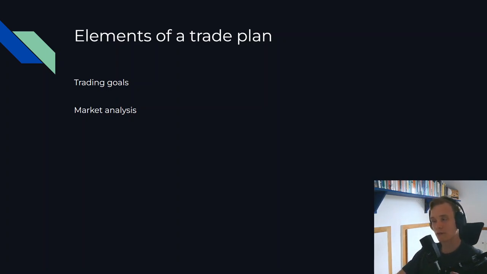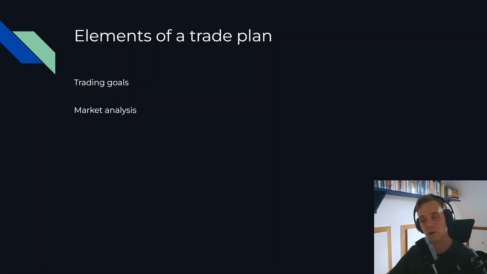Market analysis. This is the part where we are looking at the types of tools and techniques that we're using within our trading toolkit. Are we looking at support and resistance? Are we looking at the volume? Are we looking at the EMAs? If so, make it in a way that doesn't limit you to what you're looking at, but allows simplicity and focus in the markets. If you don't have in your trade plan that you should be looking at the VWAP or the MACD, then there's no reason to be letting the VWAP or the MACD come in and influence your trading decisions. Simplicity is key.